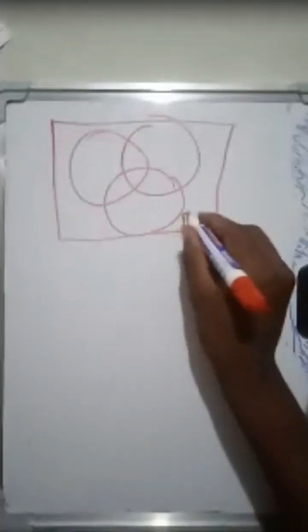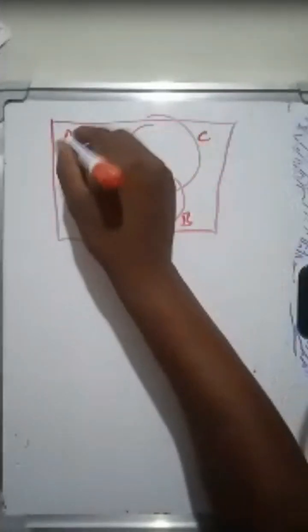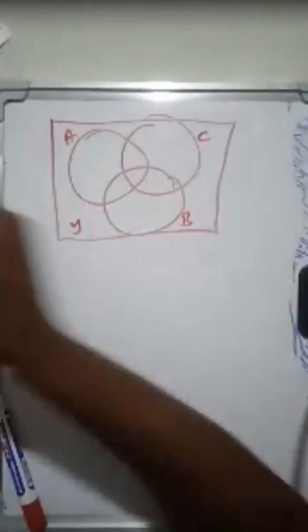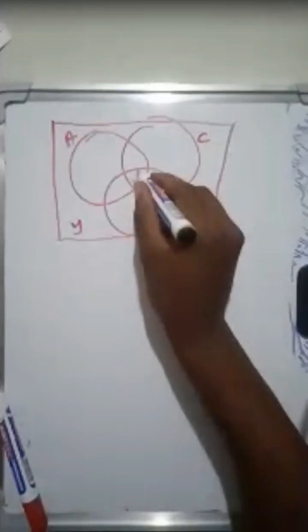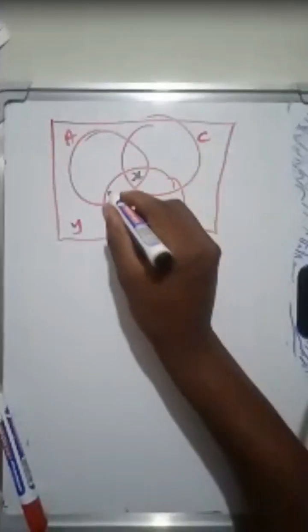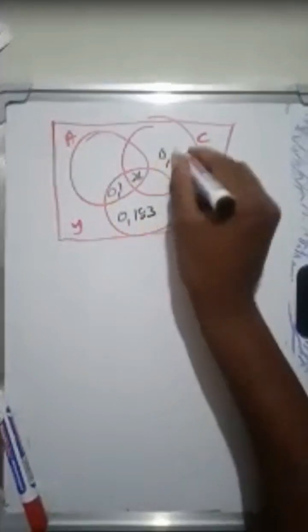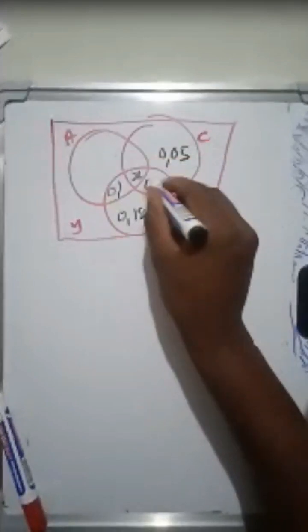That is B, that is C, that is A. Then we have y outside there. Then in there, we have x in between. We have 0.1, 0.183, 0.05, 0.2,